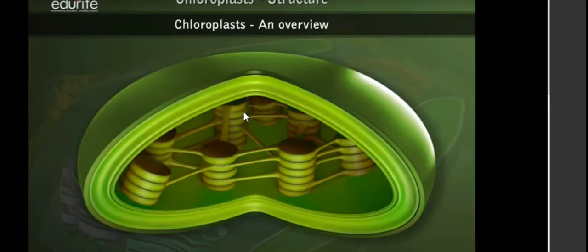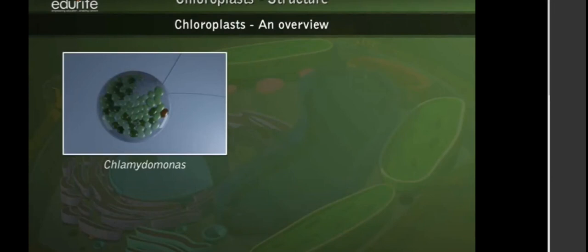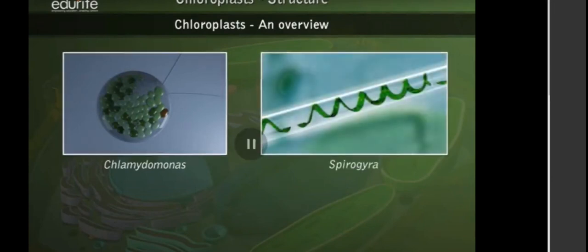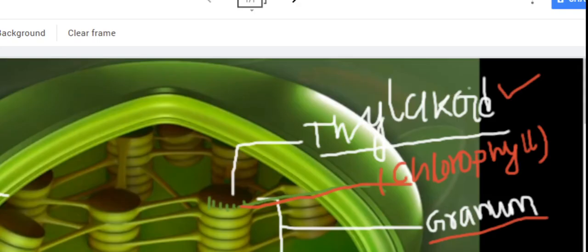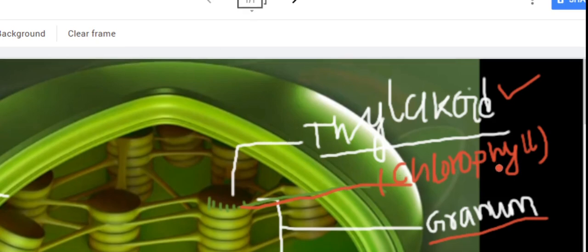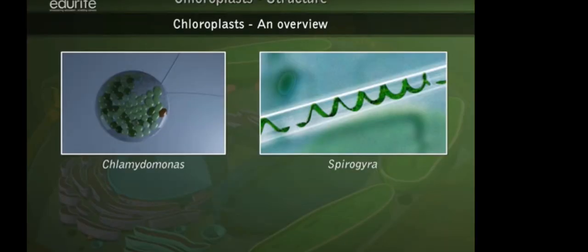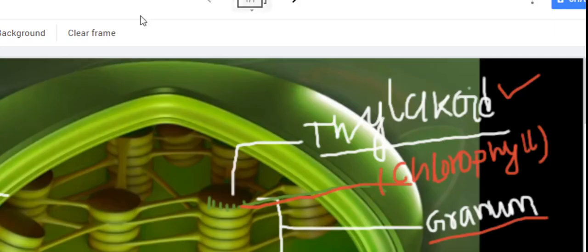Now look towards the chloroplast again. Sir, can you please bring that here again? Look here. The chlorophyll is the green color pigment. It is present in the membrane of thylakoid. Thylakoid is present in the stalk of granum. Then a number of grana are present inside the stroma of chloroplast. Sir, I want to take a screenshot. Okay, fine.